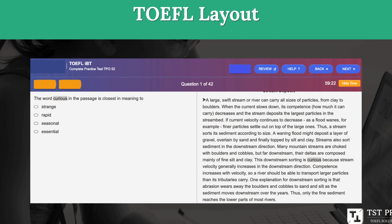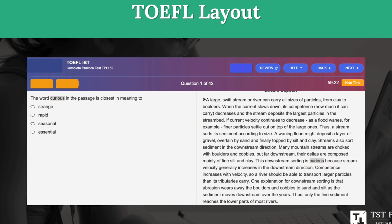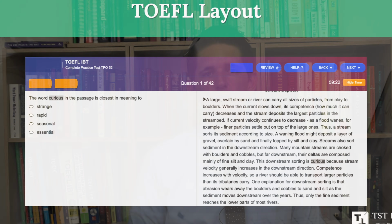So after you answer a question, you could push the next button, you can go back and so on. But just for now, just so you know, this is what the test looks like basically. There's only 1 question on each page, and so you want to keep track of the questions that you're not sure how you answered, and if you're not sure, you need to go back. Okay? All right, so